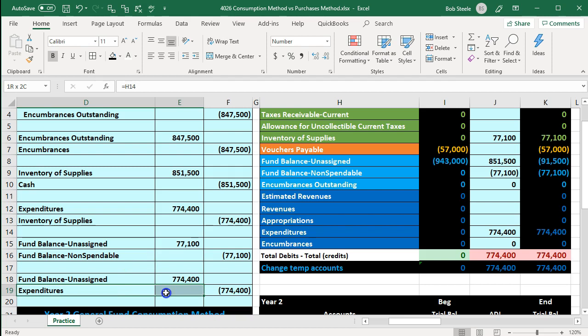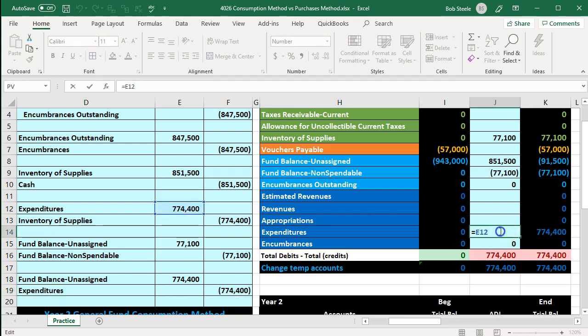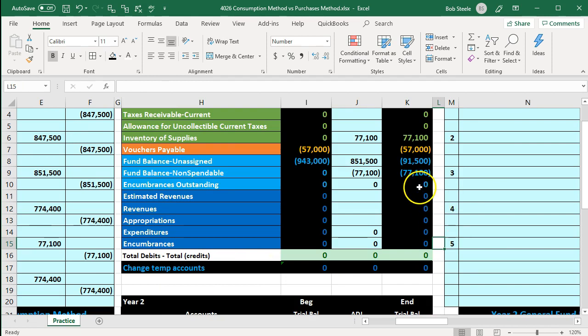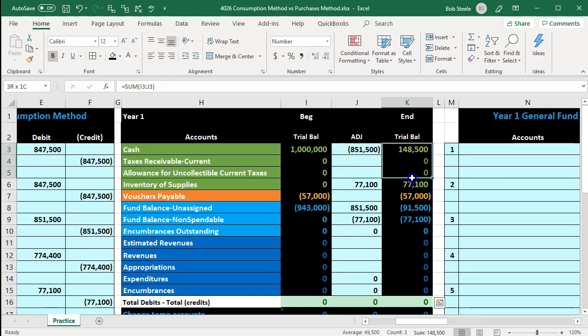And then on the expenditures, we're going to be in the expenditures in J14. Double click on it, go to the end of it, plus, and point to the expenditure, bringing it down to 0. So now we have a post-closing trial balance, and we're left with the assets minus the liabilities at 168,600,